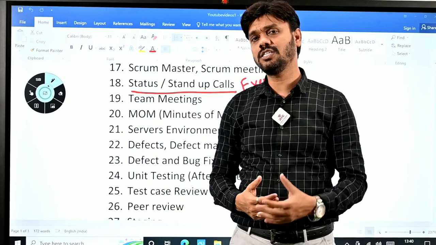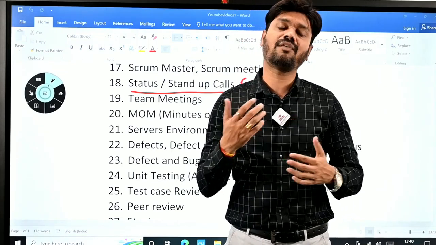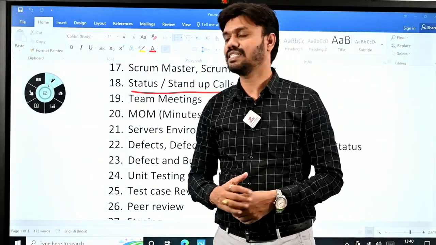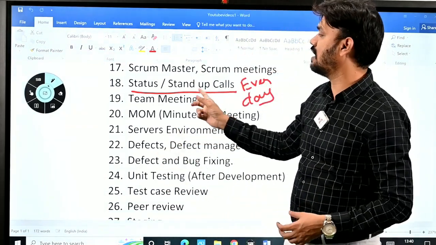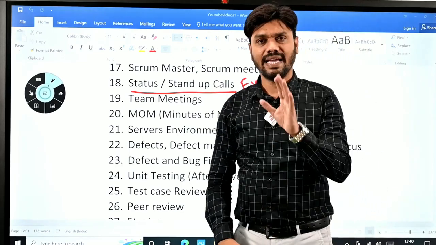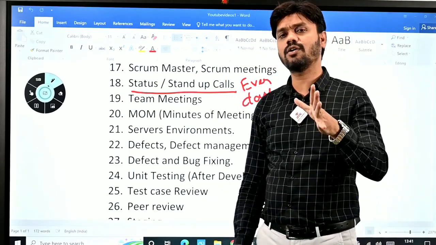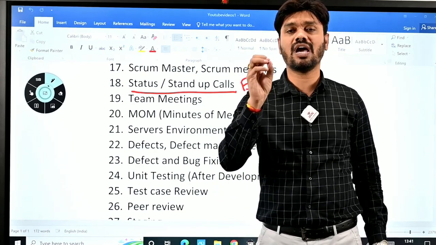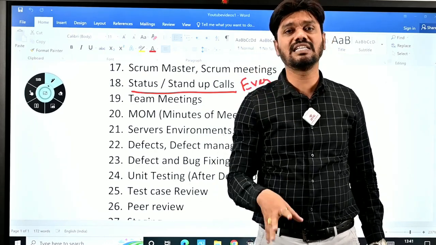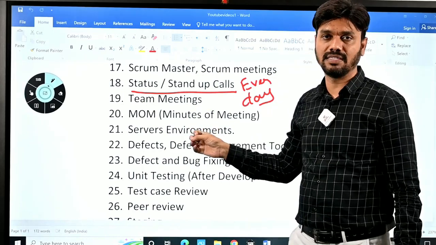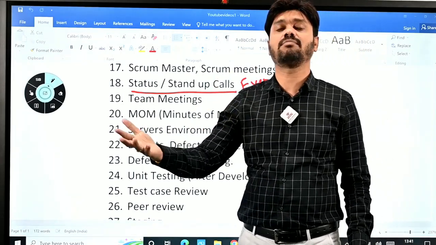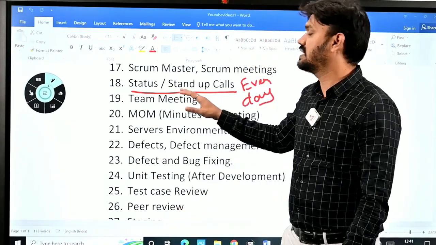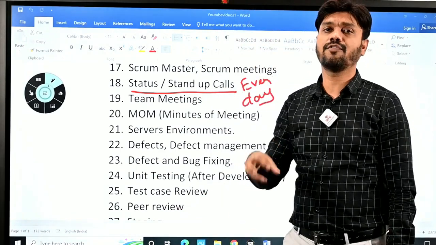And now if your project is for an Australian client, then maybe in the India afternoon, 2 o'clock, 3 o'clock, will be your status calls or stand-up calls. In the status call, every day you are going to explain what you have done today and what the output is. Do you have any obstacles in implementing the business requirements? Do you have any dependency on other teams? You have to mention clearly in the status call the status of your business